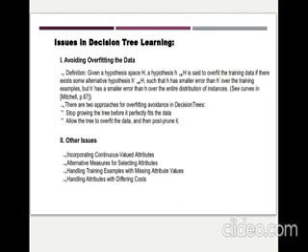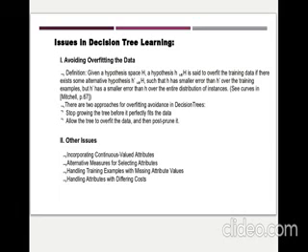Now we have the issues in decision tree learning. The first one is overfitting the data. If you depend too much on the training data, there is a possibility that the tree will overfit. That is, a particular hypothesis will work on the training data, but it will not work on the distinct or real world data. Such a tree is called overfitting. Overfitting can be addressed with two possible approaches: one is called reduced error pruning, and the second one is post pruning.